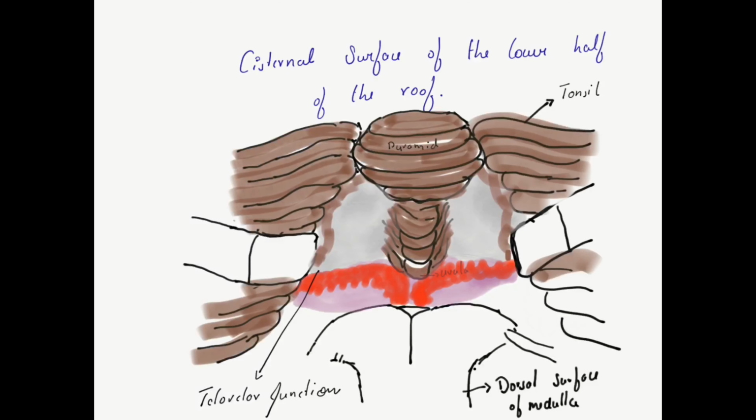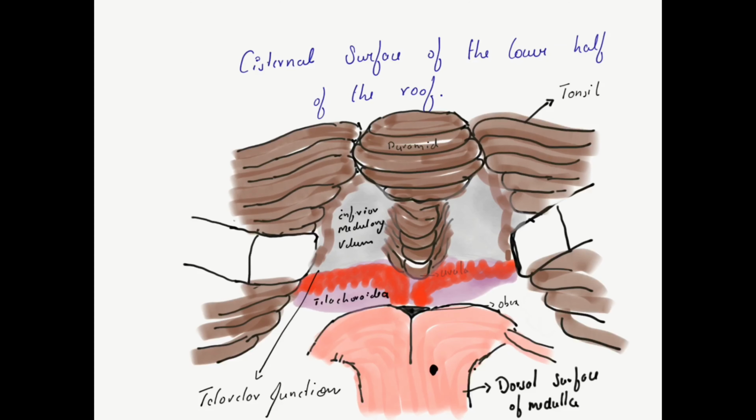The cerebellomedullary fissure has an inner surface which is formed by the medulla, inferior medullary velum, and tela choroidea, and it has an outer wall which is formed by the uvula, tonsil and biventral lobule. It is through this structure that the tela choroidea attaches, and it is called taenia. Coming to the lateral surface.